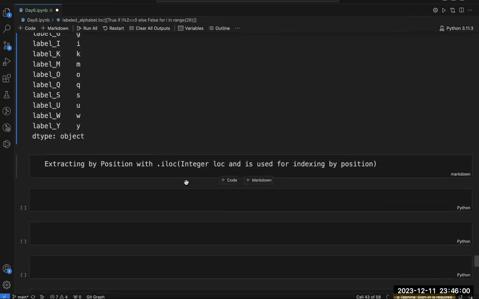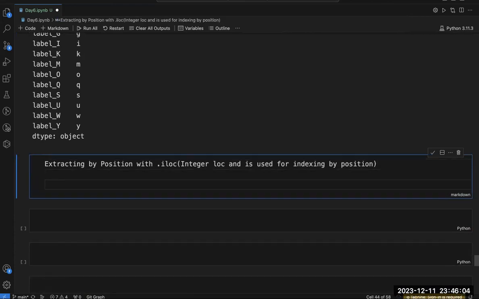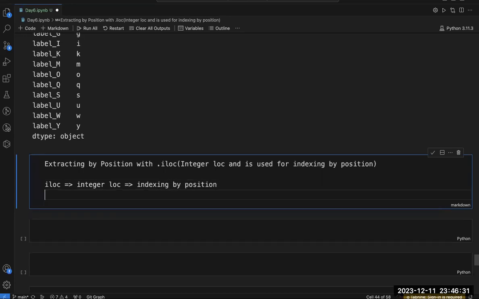So what is the difference between .loc and .iloc? This iloc is basically integer loc, and it is used for indexing by position. And what is this loc?